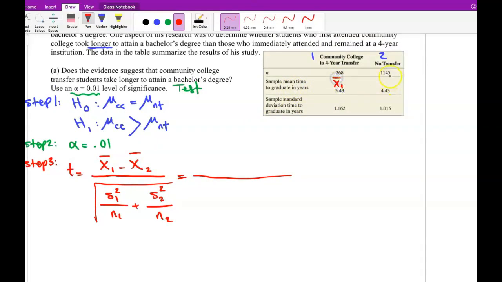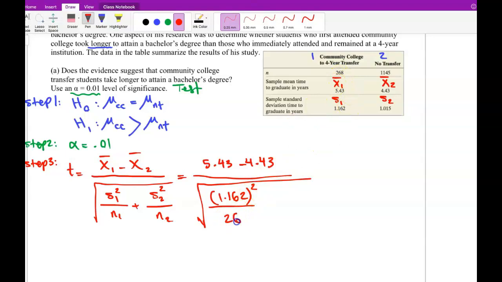This is x bar 1 for the sample mean, and this is the sample standard deviation. 5.43 minus 4.43 divided by the square root of 1.162 squared over 268,